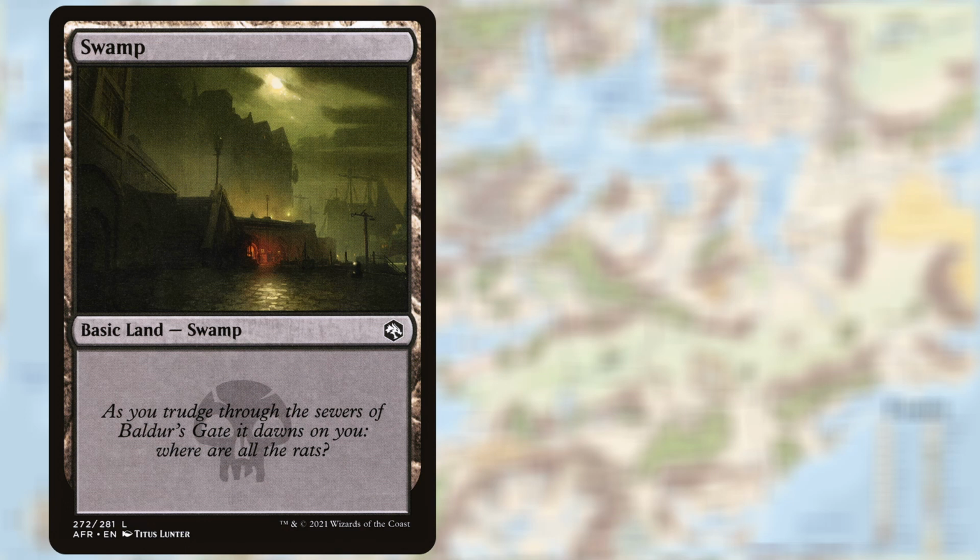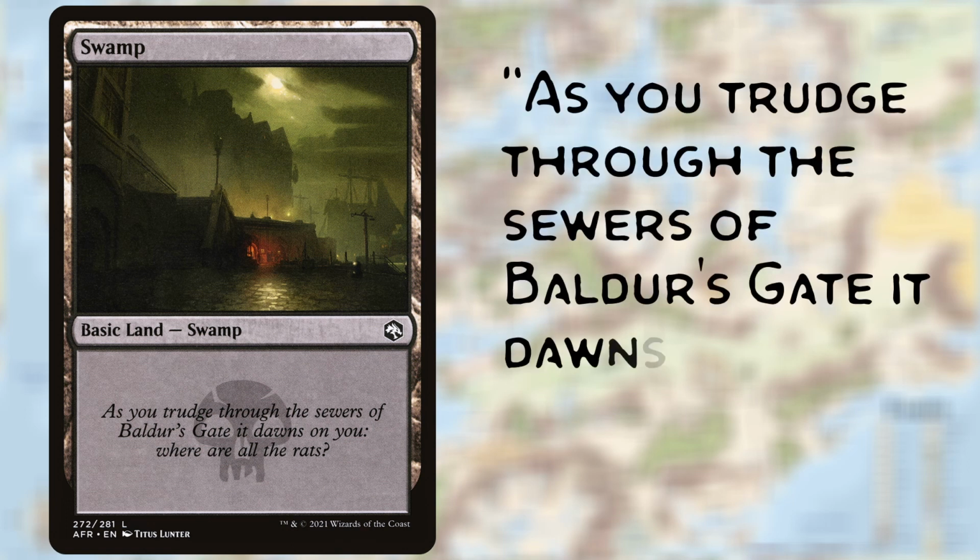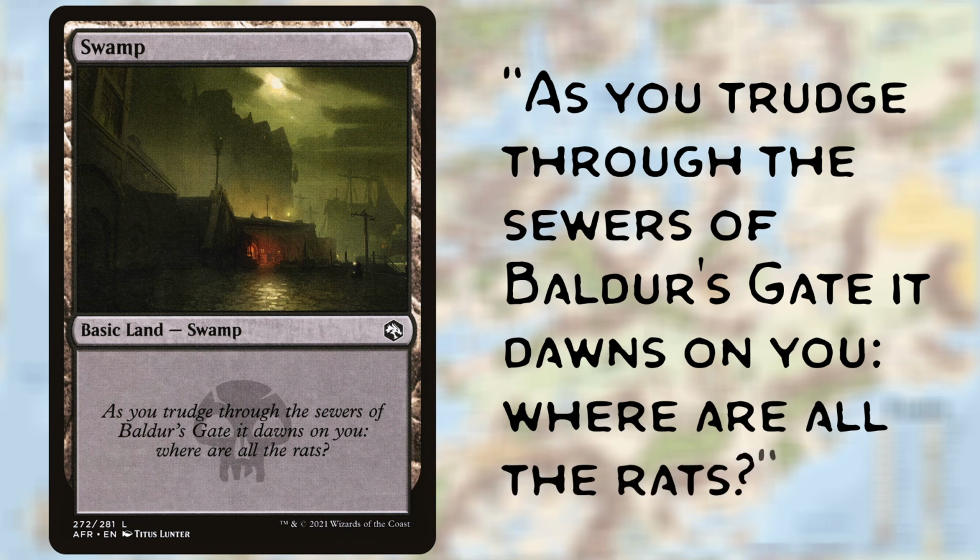In a normally blank text box, a blurb has been added. "As you trudge through the sewers of Baldur's Gate, it dawns on you. Where are all the rats?" This is a fantastic storytelling moment, describing a location, an event, and a question that invites mystery and discovery. It's everything the Forgotten Realms are about, distilled into a small blurb that didn't need to be there, but its